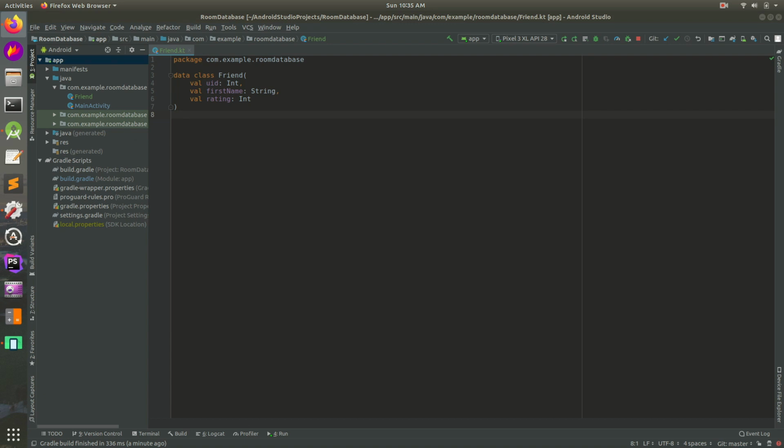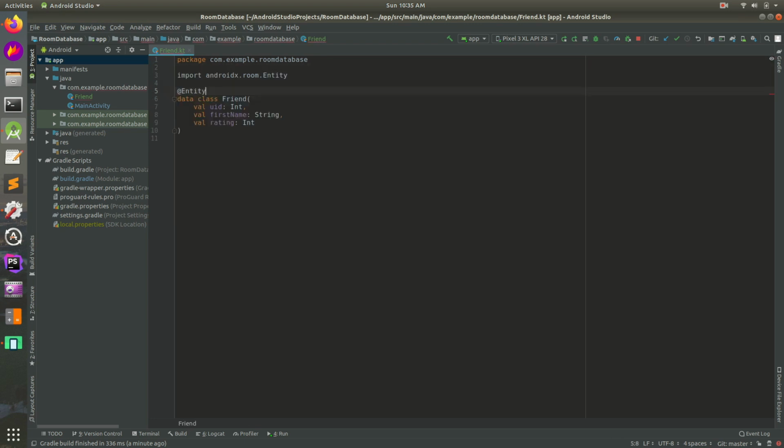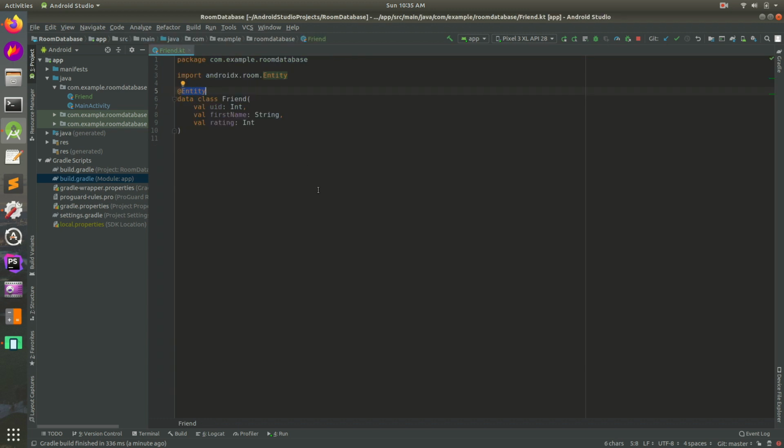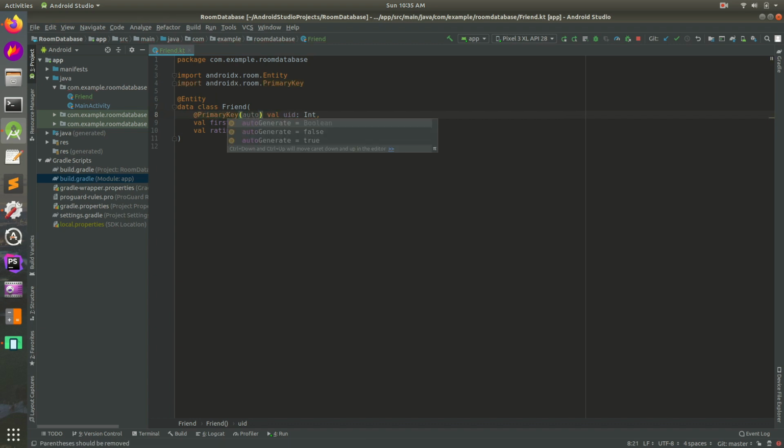And so in Room, we need to add a couple of things. So in this case, for our data model, we need to do entity, and again, that's available because we added the Gradle dependencies there. So we actually have access to that. Okay, cool. So we have that entity friend. We need to do a couple of things. So we'll do primary key, and I think inside of here, we'll do auto generate